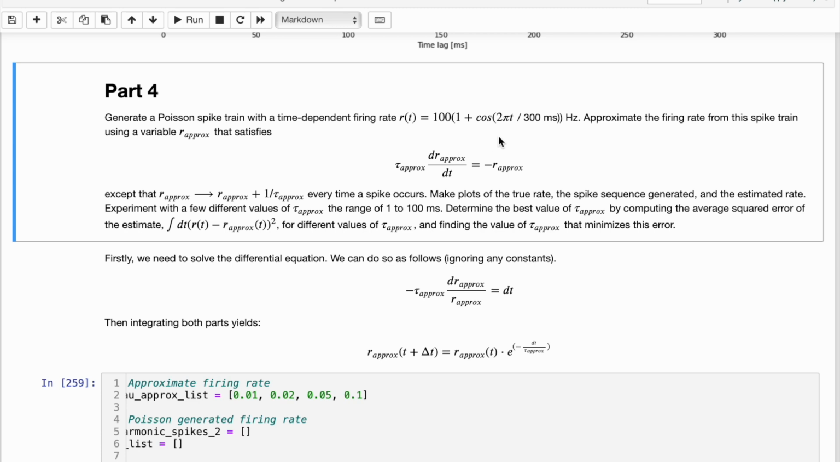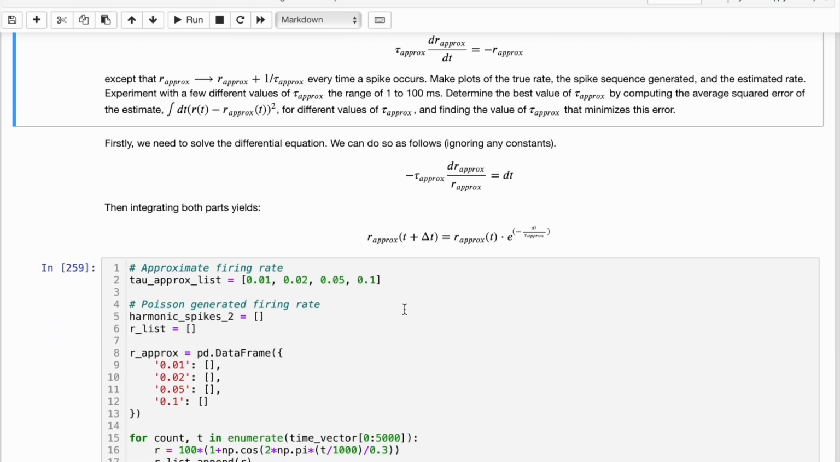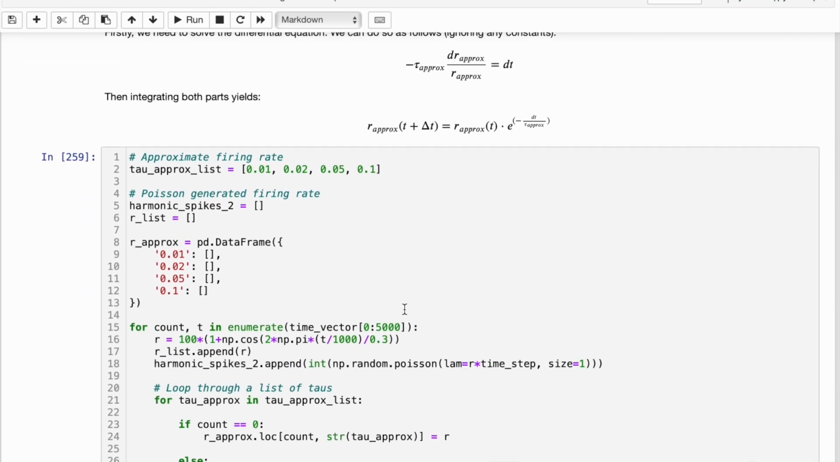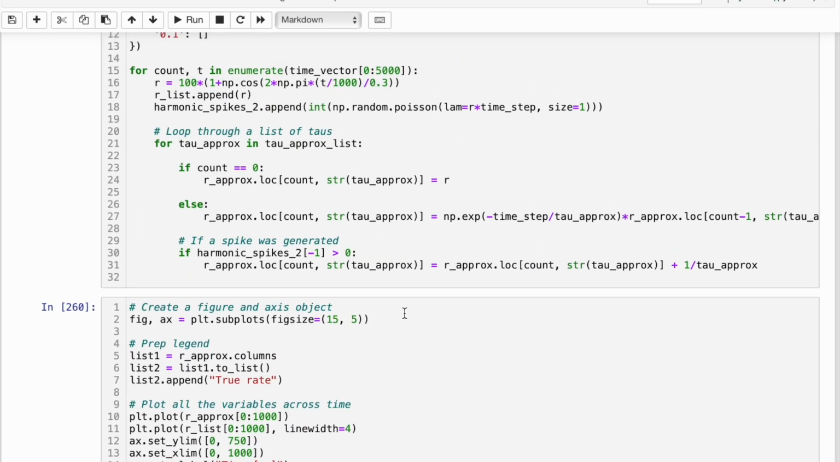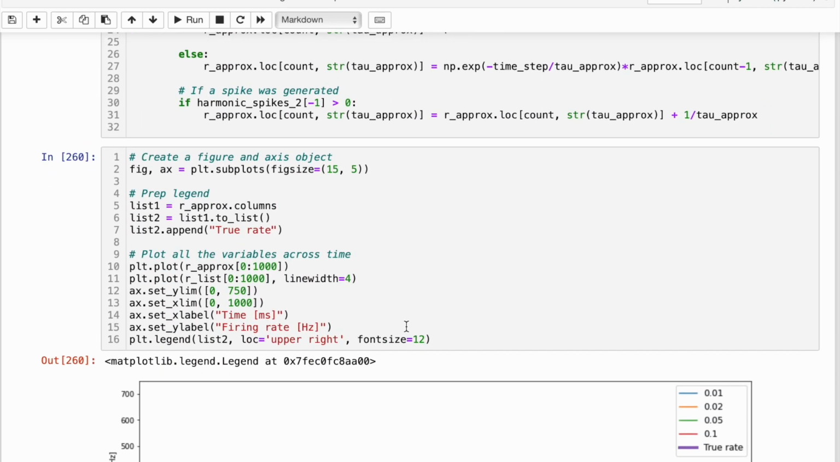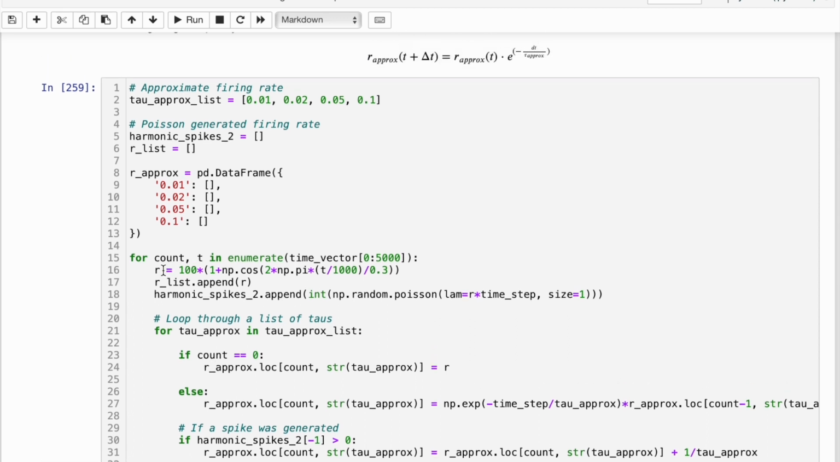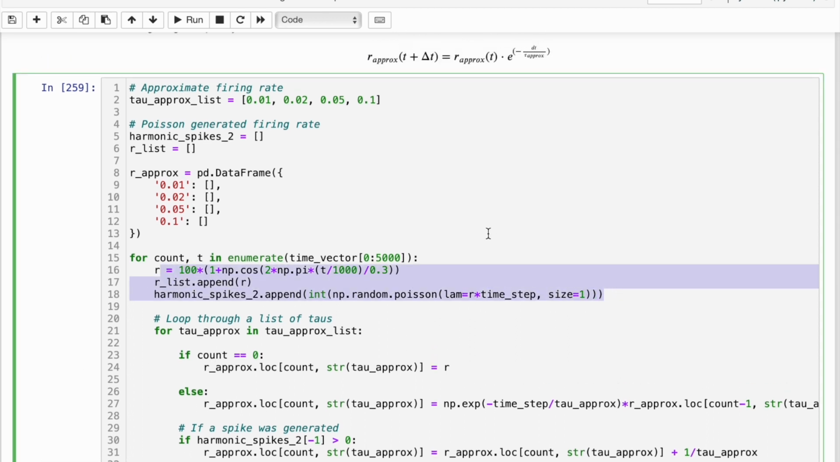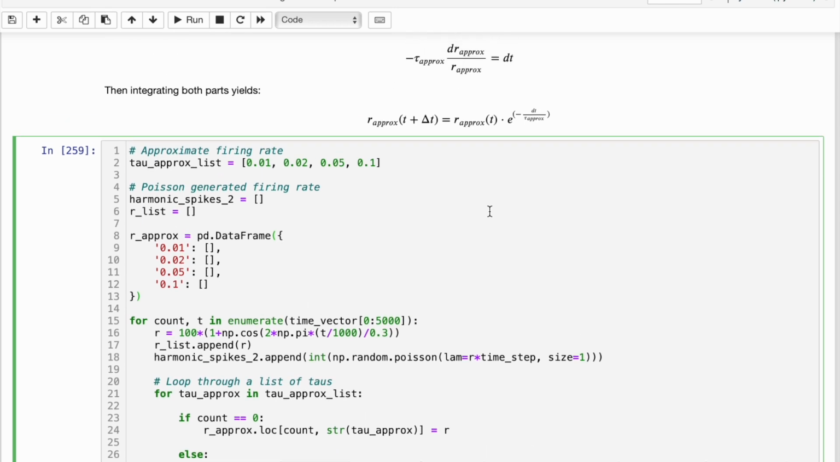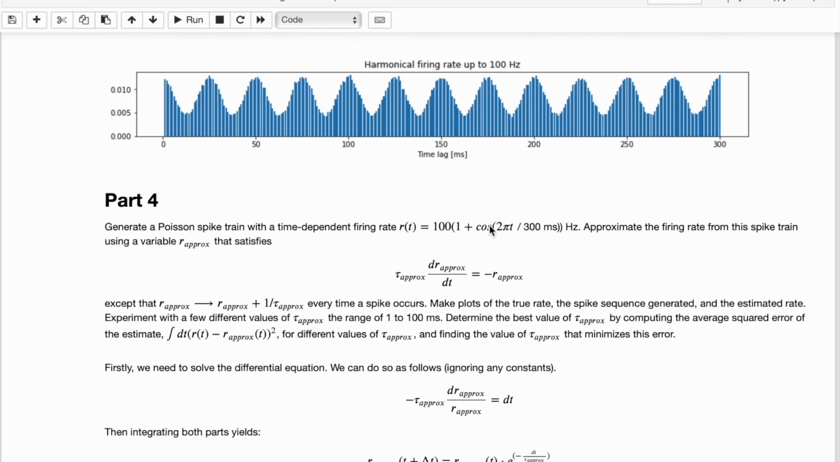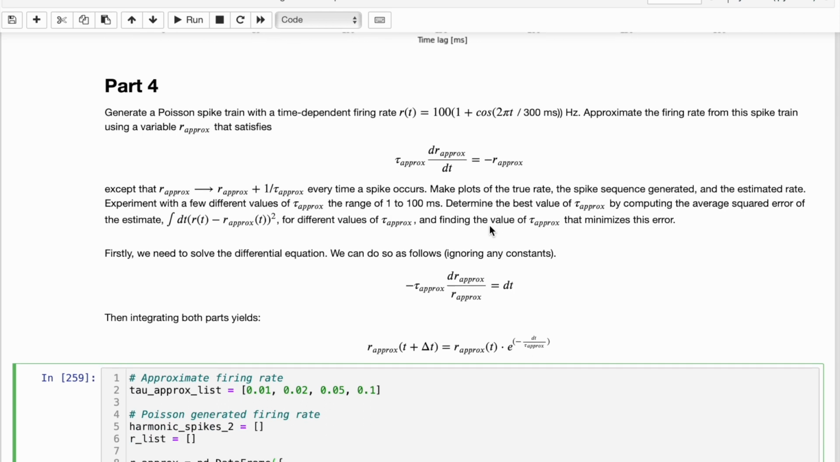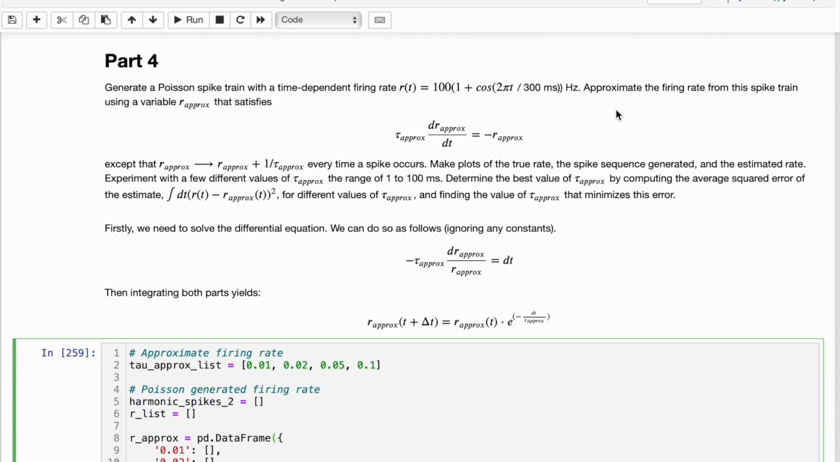Now, we park that for now. You can have a look at the code, but it's actually very similar to the code that was produced above. You see that it's no different except that the value 25 changes to 300. Then the next thing that we're going to do is we're going to approximate this firing rate using this simple